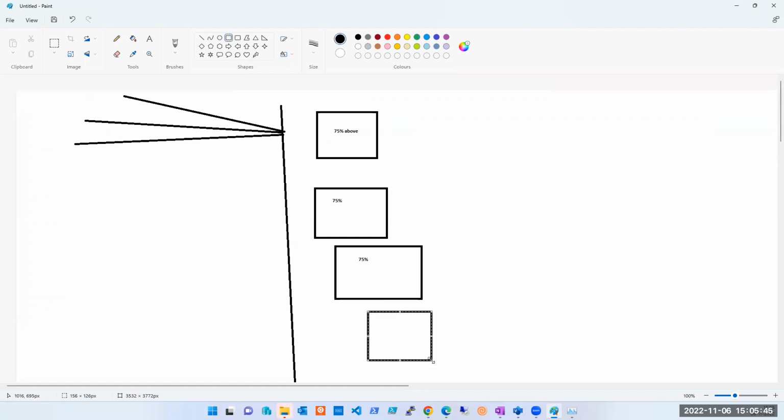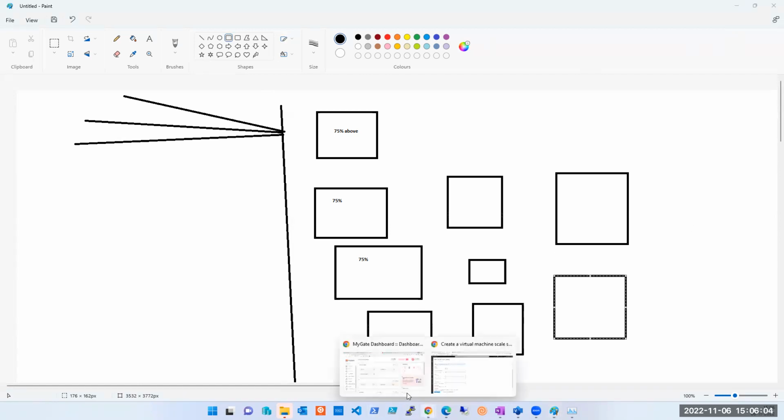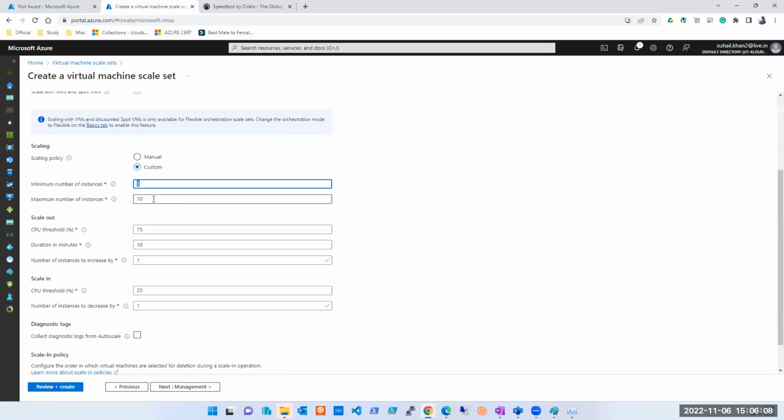So there has to be a limit on the service provider also, on servers also. So the limit is 10. Maximum 10. So after 10, if everyone has 75, still it will not increase, and it will not go lesser than 1, because that is the minimum. So are these two criteria clear? Minimum and maximum.